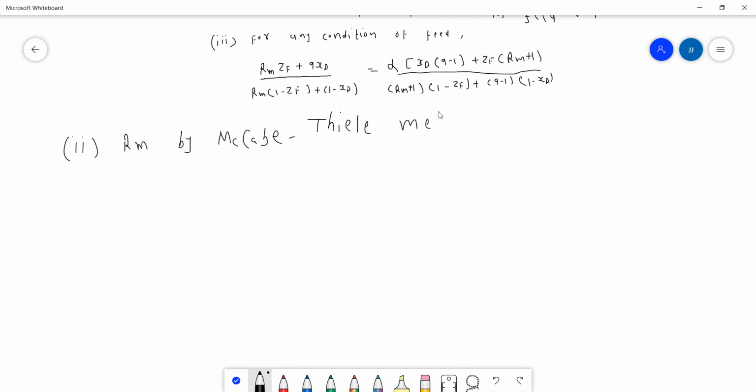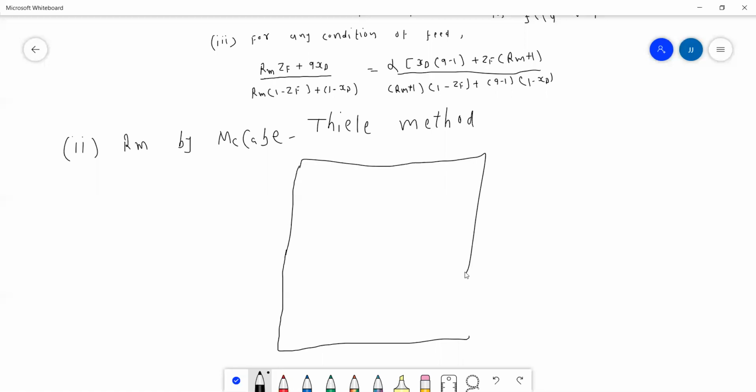Now, what are the different steps to determine RM by the McCabe-Thiele method? I'm not writing the steps, but first draw,